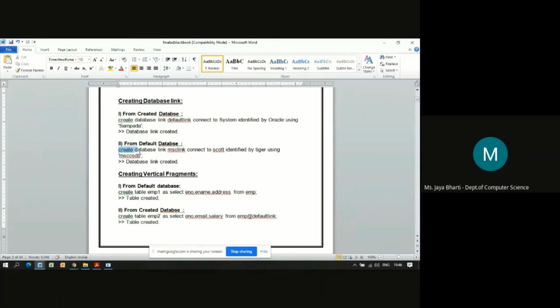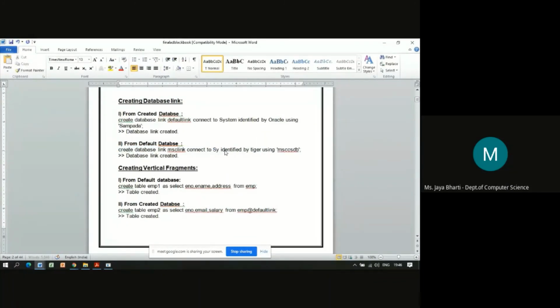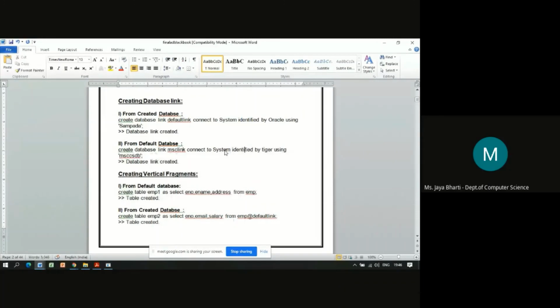Now this is the default database link which we will create, and similarly the MSC link, connect to. Now here it will change. You will give the username and password of your system, remember. So we are just creating 2 copies basically.